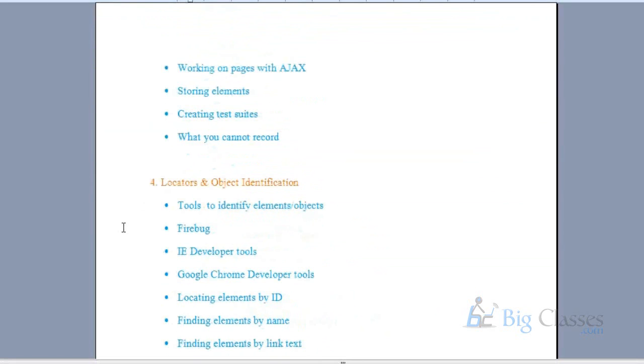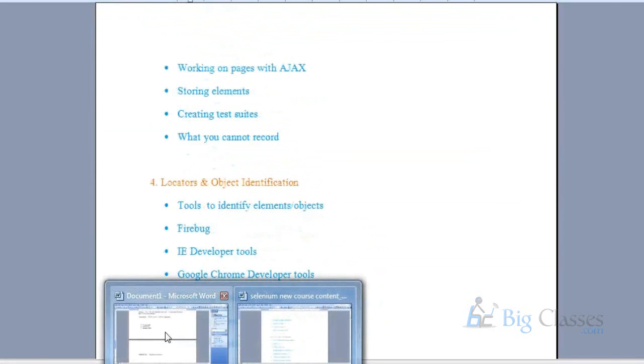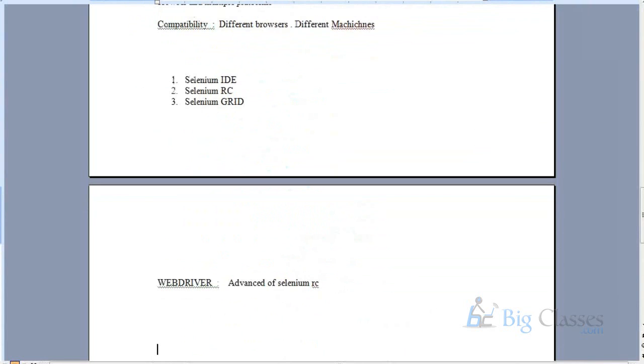Many of the people have been asking me, for Selenium, is Java required or not? Yes, we need core Java. But no need to worry about this core Java part, Shailaja. Fortunately, I will train you Java in a pretty easy manner, a very, very easy manner. No need to worry about it.